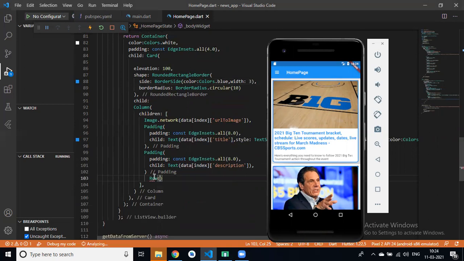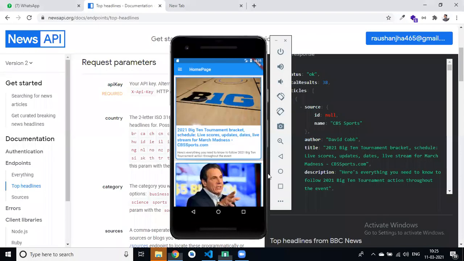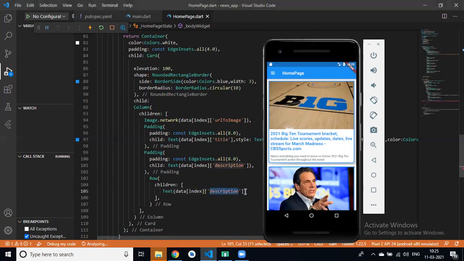Inside our row widget, we have children. In children, we have a text. In text, we can pass author.